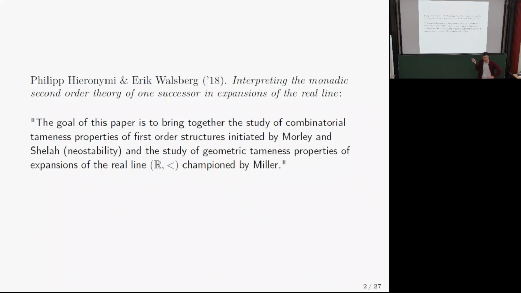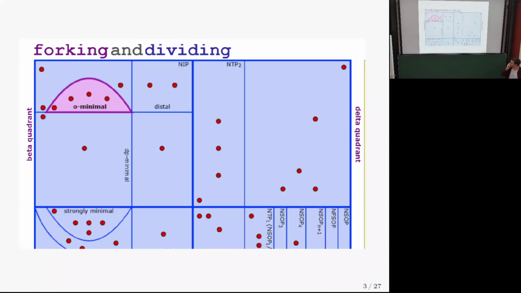So the whole idea of this talk is we're going to assume some combinatorial constraints on structures over the reals, and from this we want to extract some topological control, some topological tameness. Okay? But before we get to that, I do want to speak a little bit about the big picture here. So this is a section of this universe of theories that we really like in model theory.